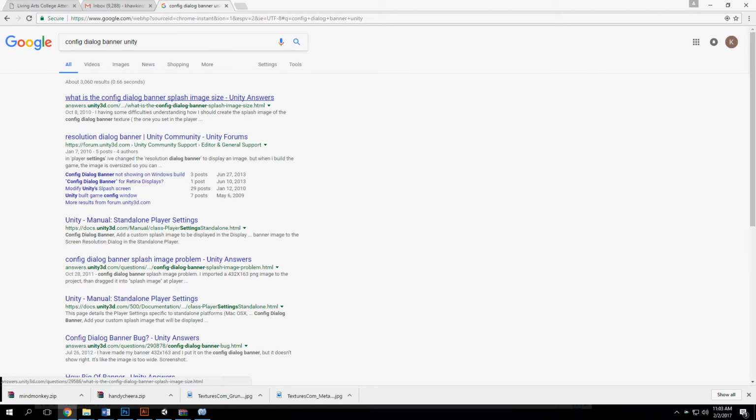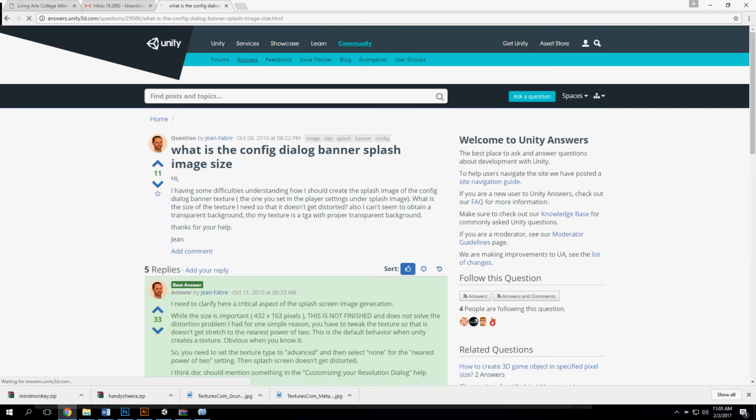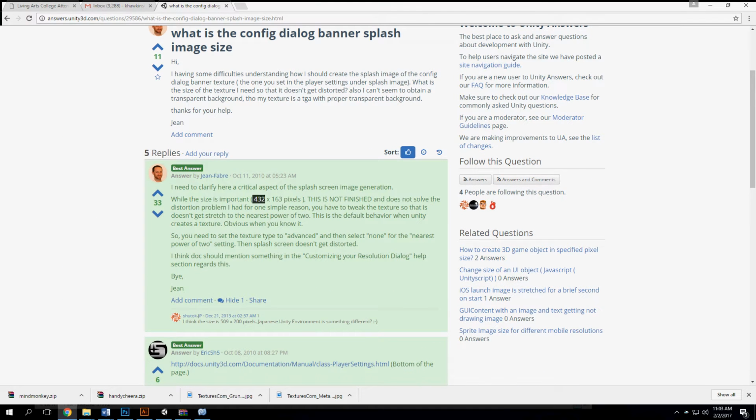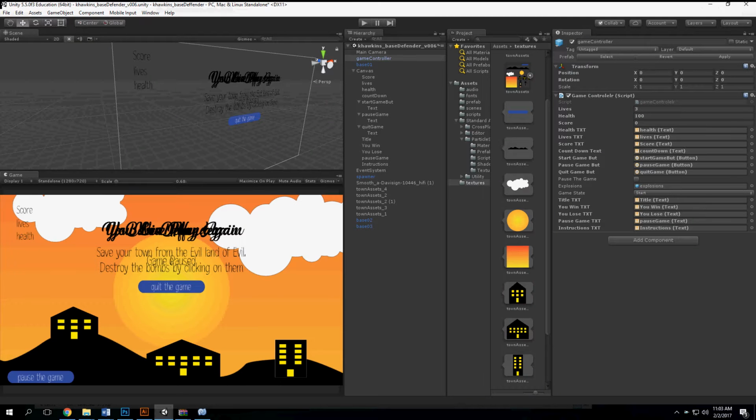And most of these, when you find it, it is the right size. It's like this, 430 by 432 by 163. And then the icon, you just make it a square image and you start small, or you work from one size and then it can scale it down as such. So let's go ahead and